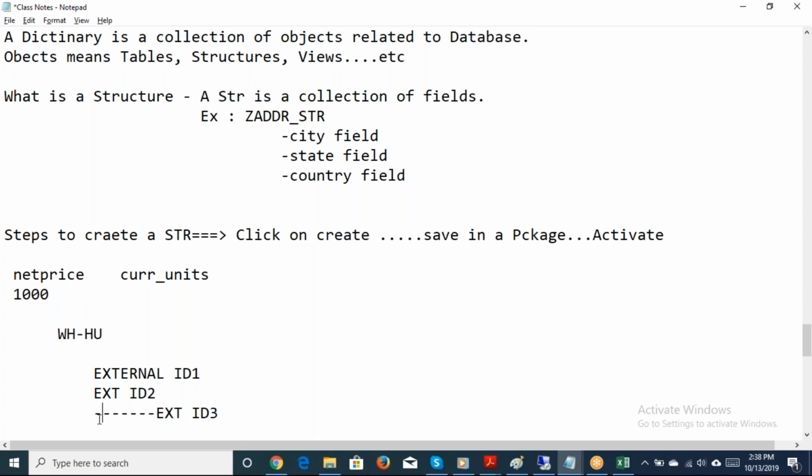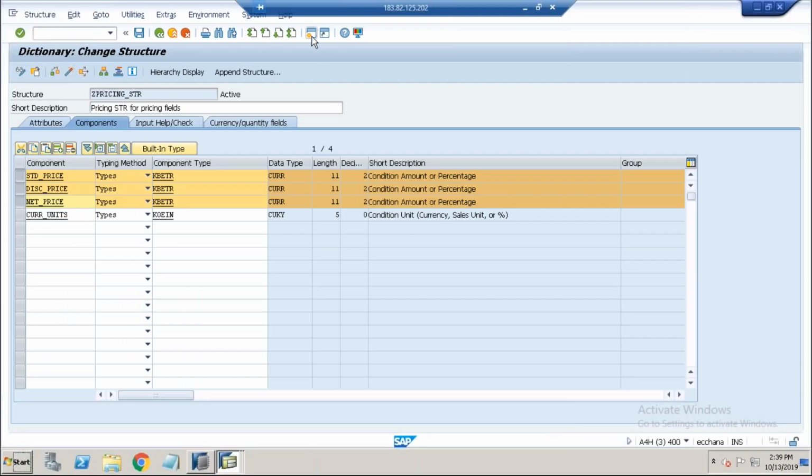If the data is coming from other systems into SAP, I don't know the data type. I cannot click F1 because it is coming from outside. So how do you create this data type, etc.? All these questions will come into your mind. But as a technical consultant, I will ask you, now this is coming from outside, that is clear. But after coming, it will come into SAP. In SAP, you want to store it somewhere, where do you want to store it? So you will tell me, for example,